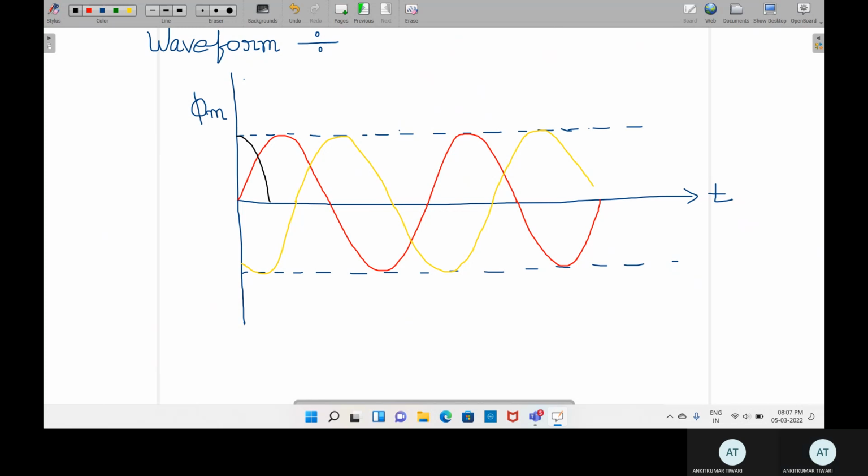So this is your... so we have drawn the diagram for the three different fluxes, which are